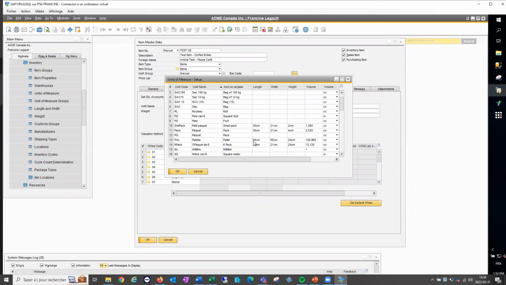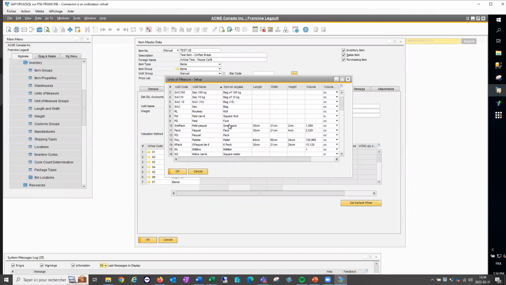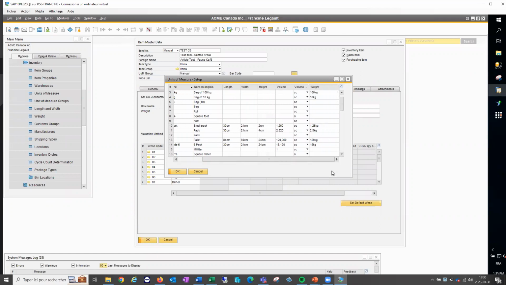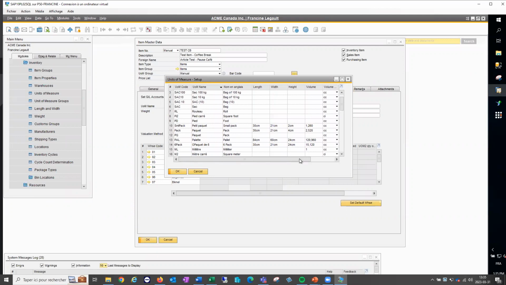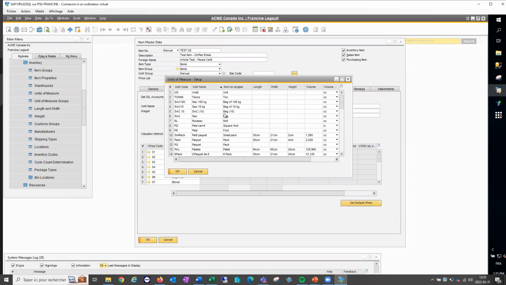And you can even set up some data concerning the size of that specific unit or packaging. So if you are always using the same type of box for everything that you have in inventory, then it's a good thing. You can put all your dimensions and the volume and everything, and you can use that for your packing slip and to send information with EDI. So this is the first step, creating units of measure. That's the first thing to do.